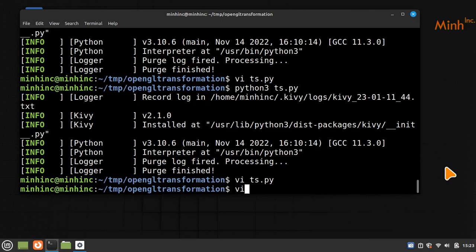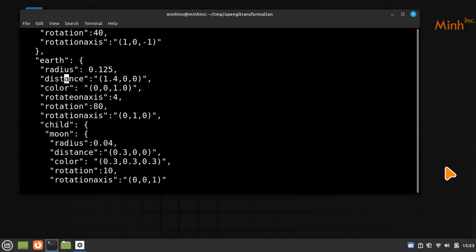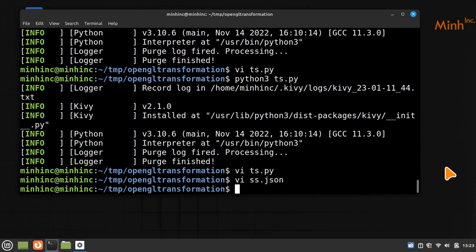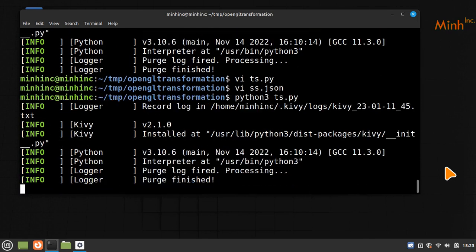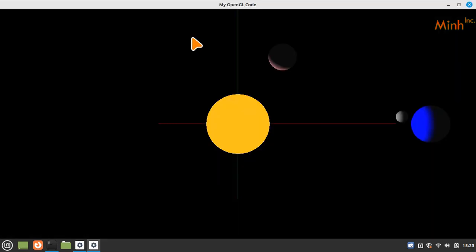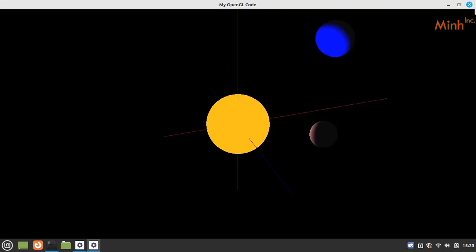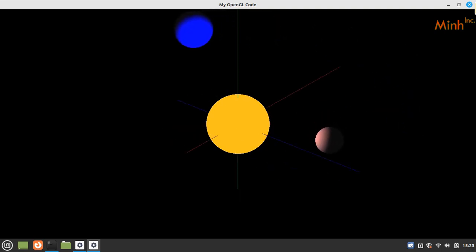So I believe we are not happy with the JSON. So earth is okay, distance is still too far, so we'll say 3. And moon, distance is 3 from the earth. Okay, so we'll make it 2 from the earth, and we'll try again. Okay, so we'll make it bigger, and now we can see the